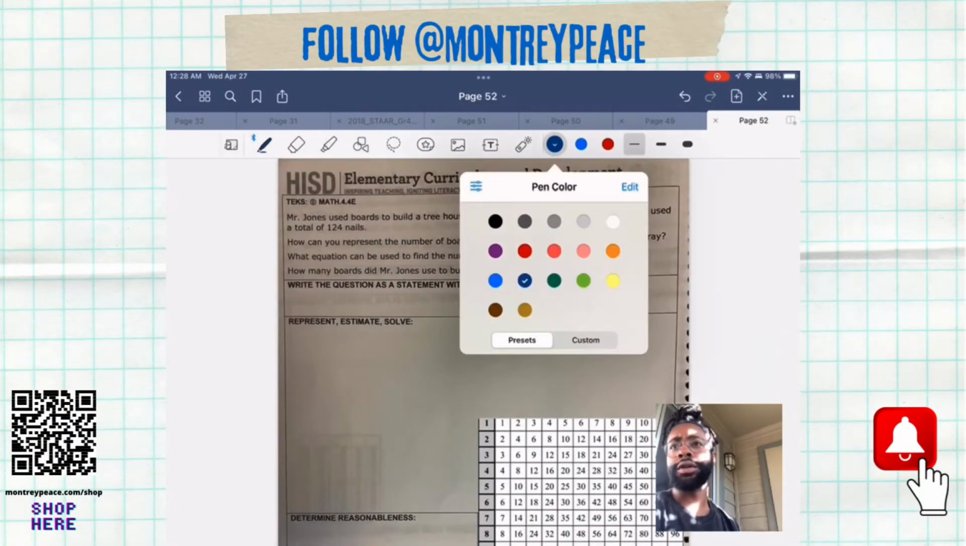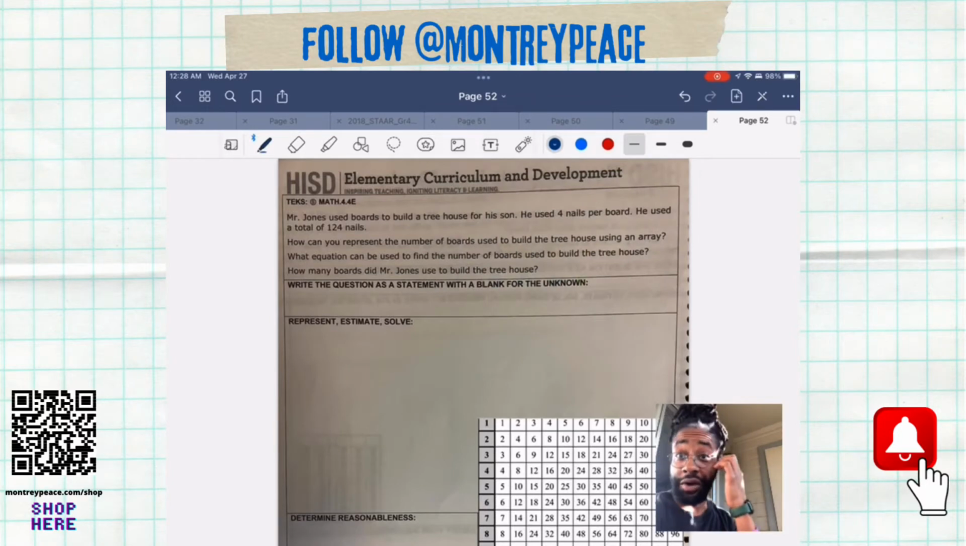Morning. So we are still working on some fourth grade math here. We're working on this 4.4E. This is division with whole numbers. So this problem says Mr. Jones